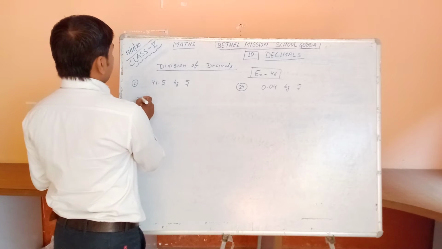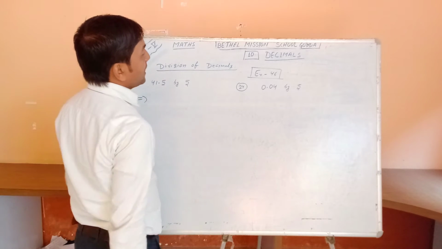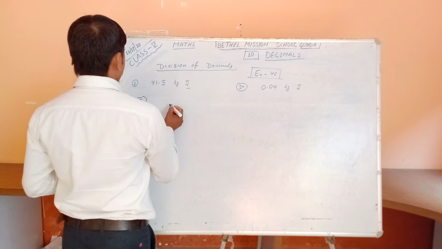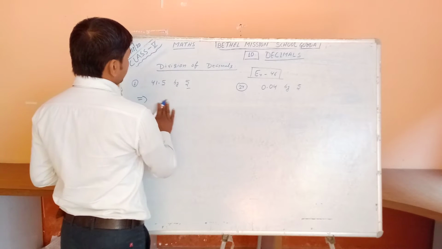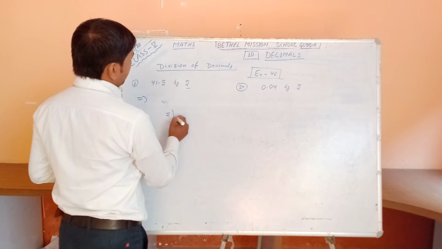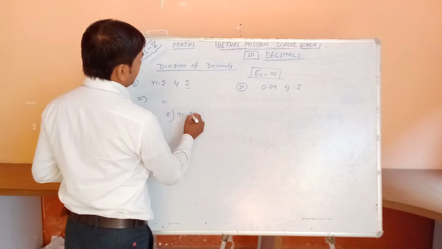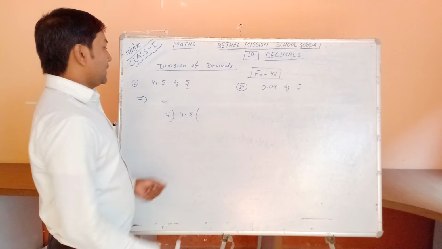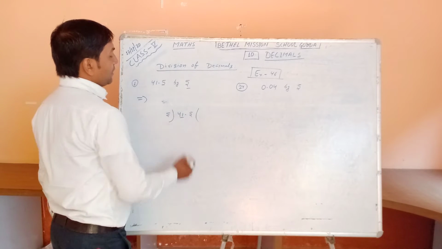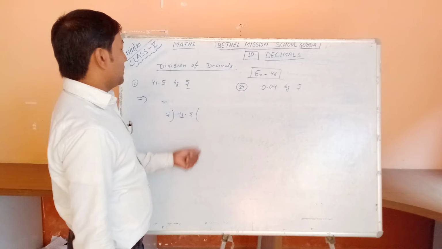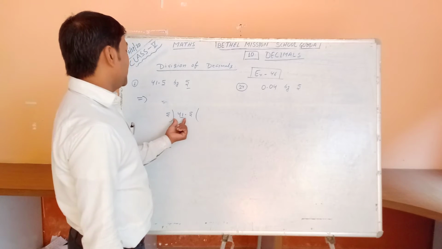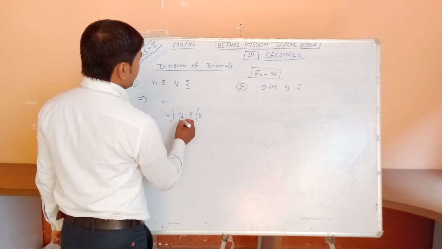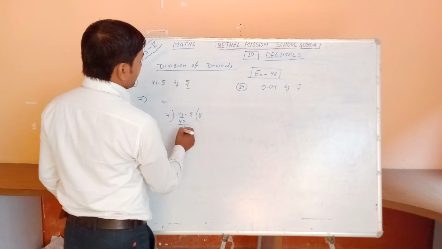I have taken the questions of Exercise 46. The first question is to divide 41.5 by 5. Okay, so the whole number is 41 and the decimal number is 5. First we divide the whole number by 5. 8 times 5 is 40, and 1 is the remainder.